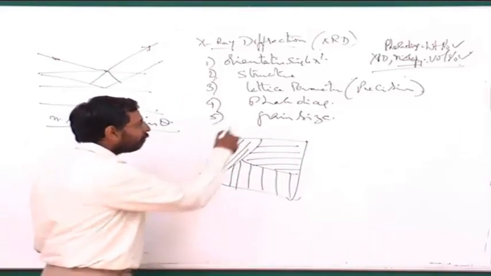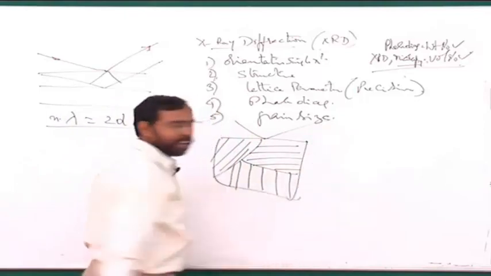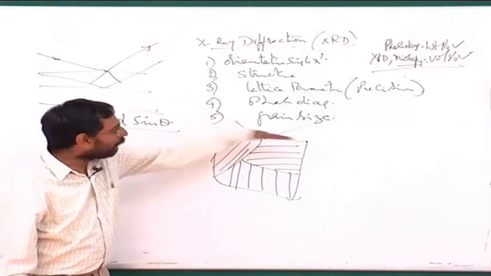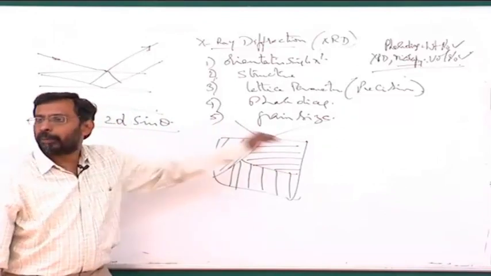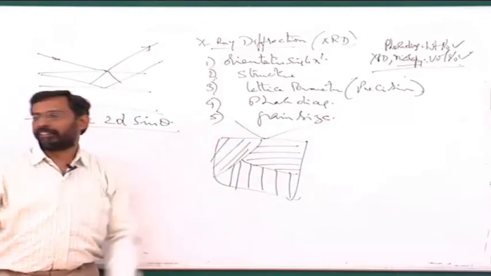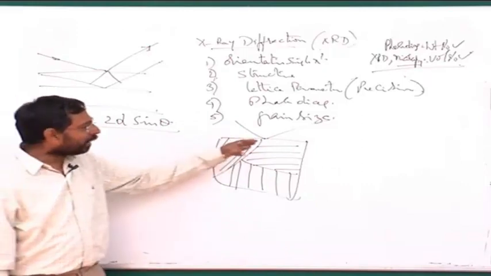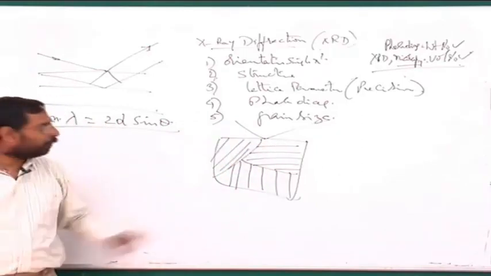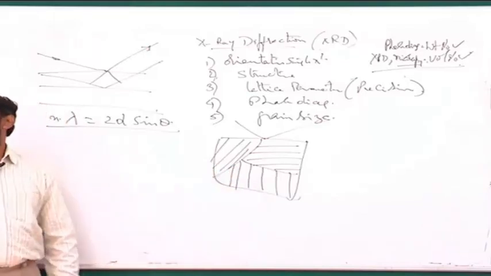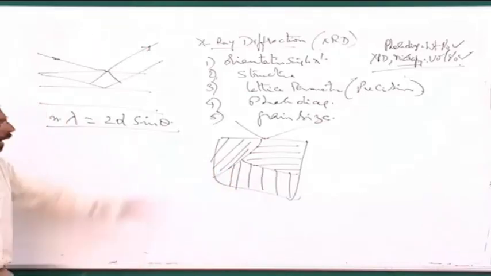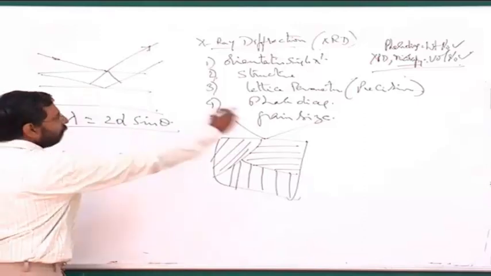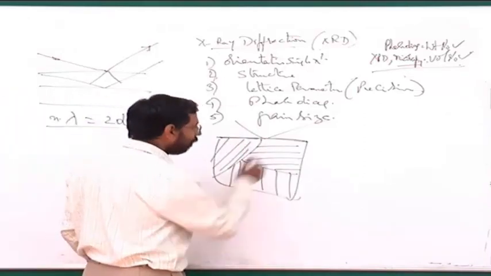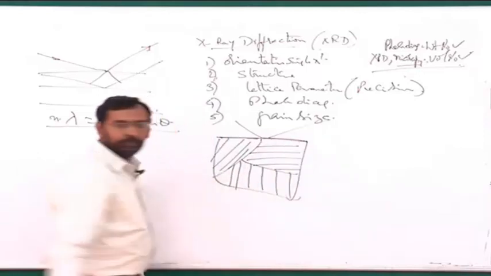So when an X-ray is falling and then getting diffracted, what I am looking at is, in each grain, what plane is at a particular Bragg angle for the X-ray. As a result, the diffracting planes from grain 1 will be different from diffracting planes from grain 2, and different from diffracting planes from grain 3. The plane which is parallel to the surface in grain 1 will be different from grain 2.